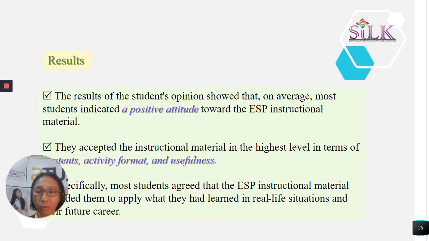They accepted the instructional material at the highest level in terms of content, activity, format, and usefulness. Specifically, most students agree that the ESP instructional material helps them apply what they had learned in real life situations and their future career.